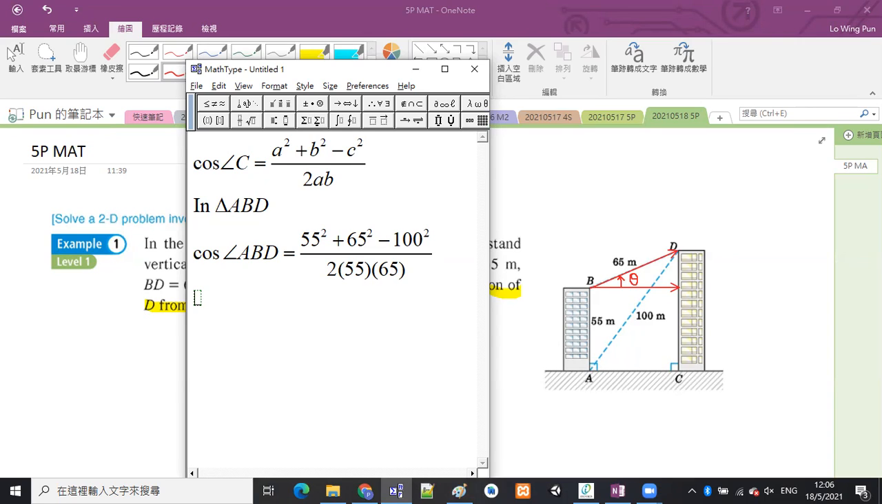So calculator, so we have 55 squared plus 65 squared minus 100 squared, enter. And then divide by bracket, 2 times 55 times 65, enter. And then don't forget to shift cosine the answer. And you'll find that it should be 112.61 something. So angle ABD is equal to